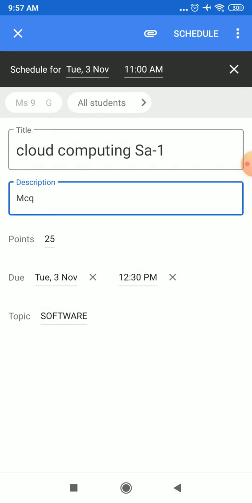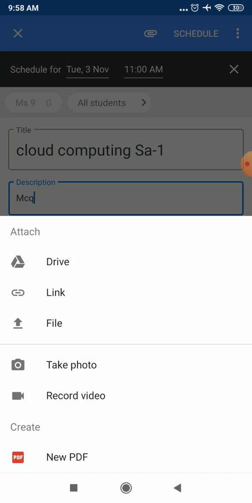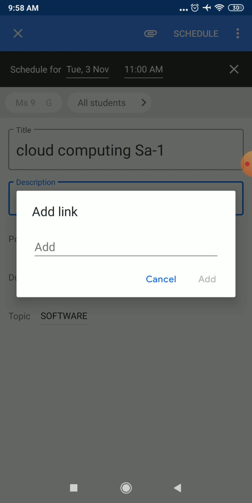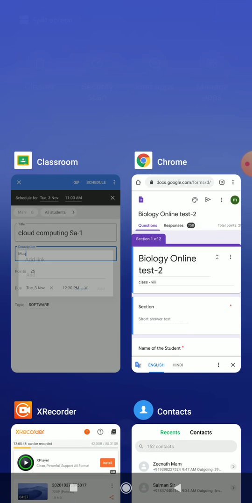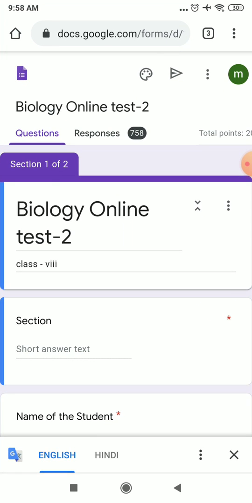Click on save. Now the very important thing is to add the question form link. Your Google question form link will be given by your respective departmental heads, so you need to copy paste the link from the form into your Google Classrooms. For that, you need to click on this paper pin button which is present over the top and click on link. Then go to the form, keep a form open which is given by your respective heads.